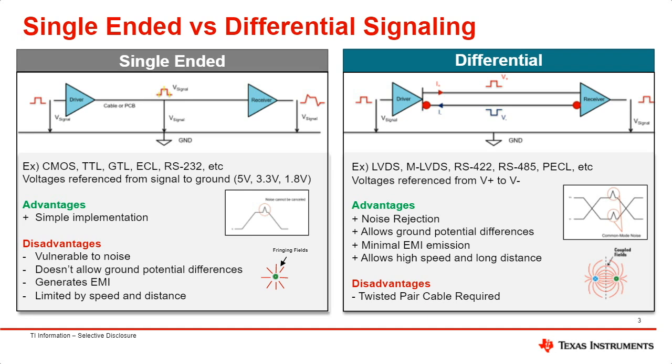The next benefit is that it does have very minimal EMI. Current flows in equal magnitude in opposite direction. So what you actually get are coupled fields. And so EMI is very minimal with differential signaling. All of these benefits allow you to transmit at higher speeds or over longer distances with differential. I mentioned I'll talk to some of the different differential protocols that are commonly used, and they will vary in the different performance on data rate and distance based on their electrical characteristics.